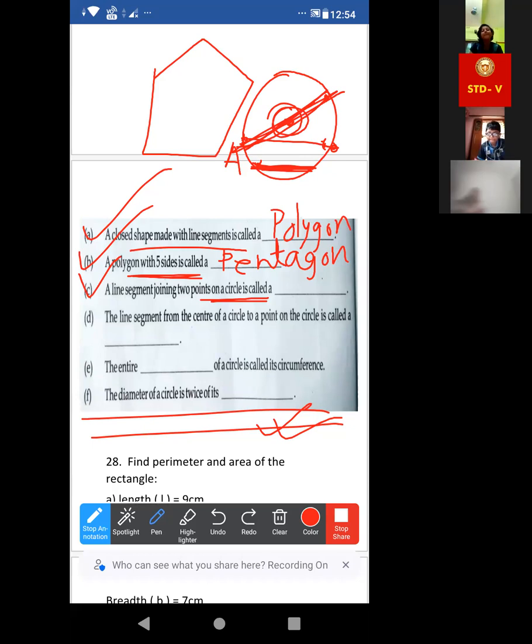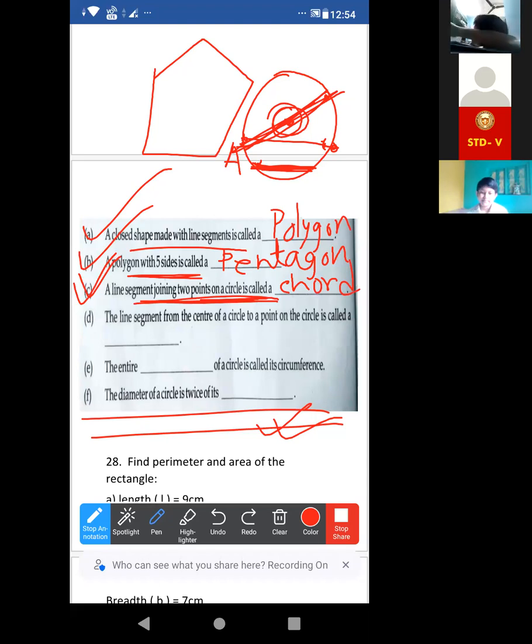So here in the question C, it is not mentioned whether it will pass through the center or not. So we'll take the general answer, that is chord. Is it clear to all of you? Chord, C-H-O-R-D. Retain, all of you retain. Right first. Now the fourth one I am coming.